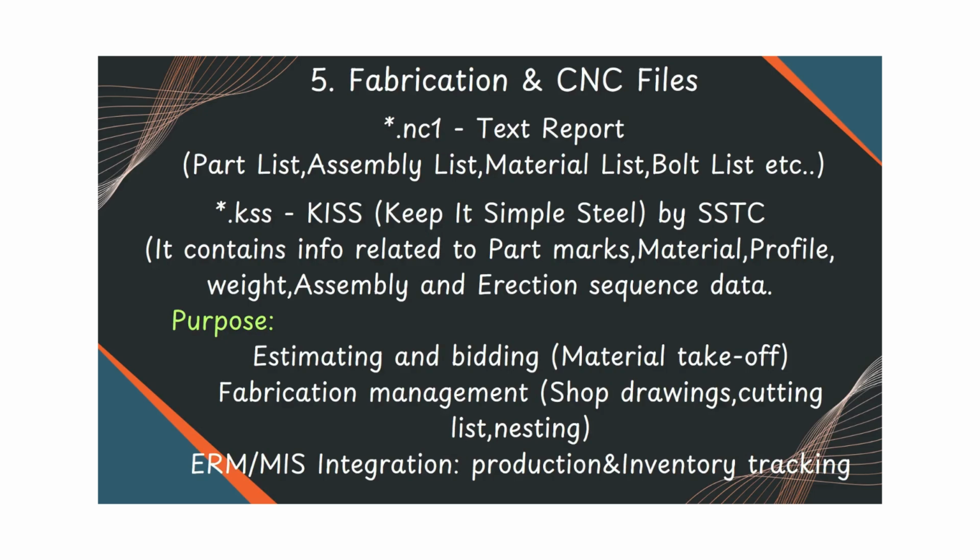Number 5. Fabrication and CNC files. So NC files, most of you are familiar with that. It contains part list, assembly list and material list. So everyone is familiar with NC file. Number 2 is KSS file. KSS stands for Keep It Simple Stupid. It contains information regarding part marks, material, profiles, weights, assembly and erection sequence. So main purpose is it is helpful in material takeoff and fabrication management like cutting list and